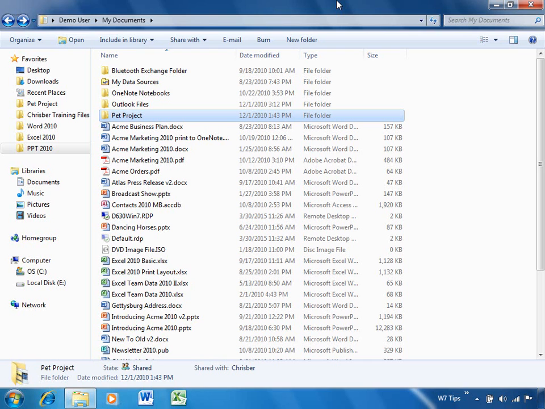By use, you might say, well, all of the budget files will be in this folder, and that might be Word, Excel, PowerPoint, any number of different files. Well, now what you can do is you can organize in a new way called a library. Let's take a look at our